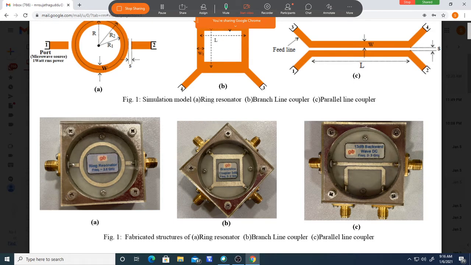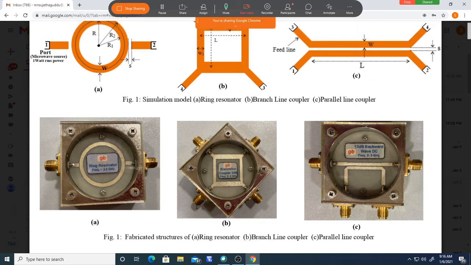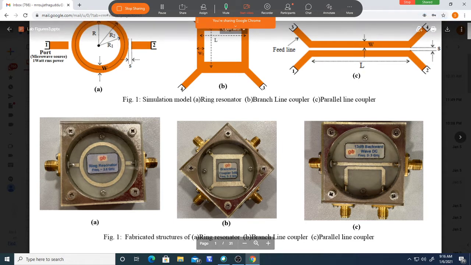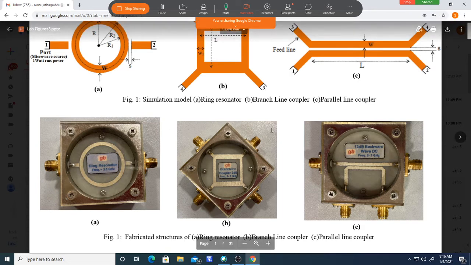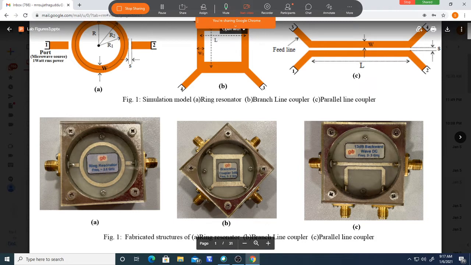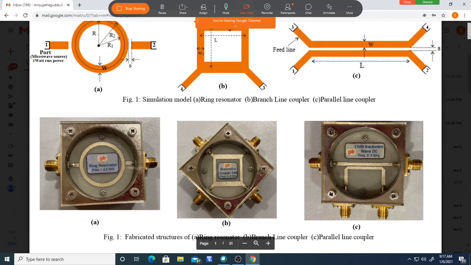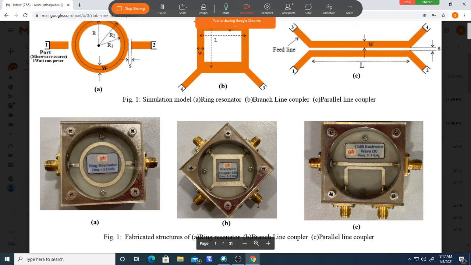At that time what we have to do, you should put a match termination here and here. There is a match termination in the laboratory, a 50 ohm match termination. You connect match termination to here and here, and measure the power coming out of this port, that is P2. Apply power P1 here, measure P2 here, and this and this must be match terminated. Similarly, if you want to measure the power from here, that is P3, you should put a match termination here and here. Measure the power coming out of this.